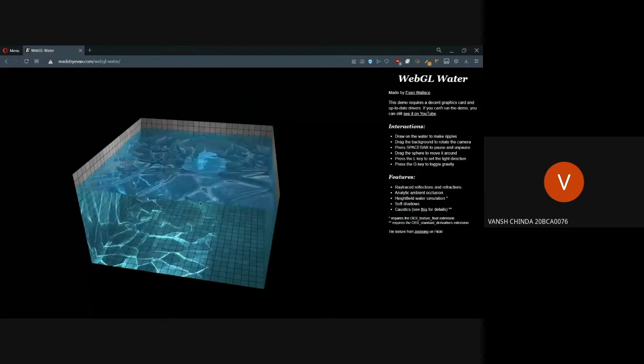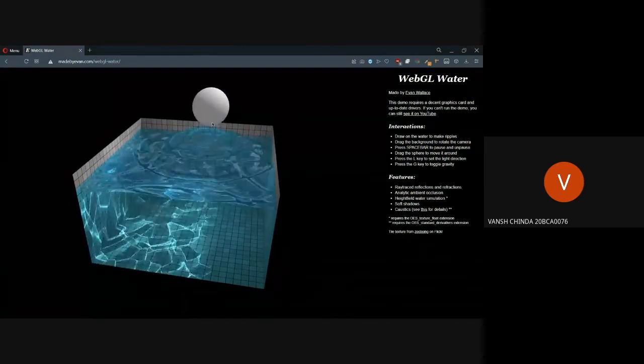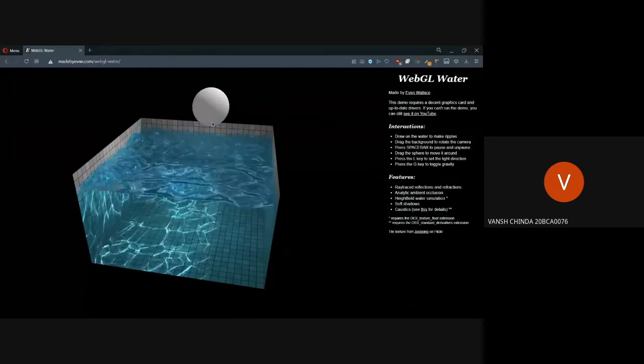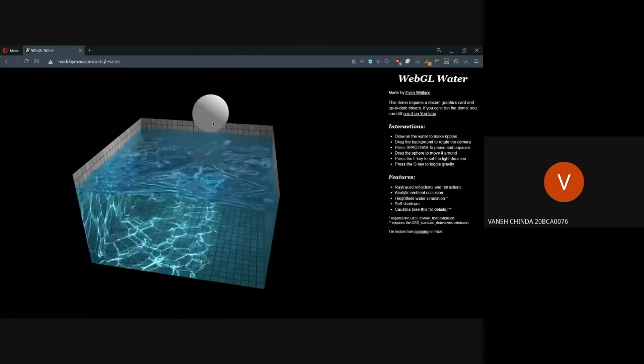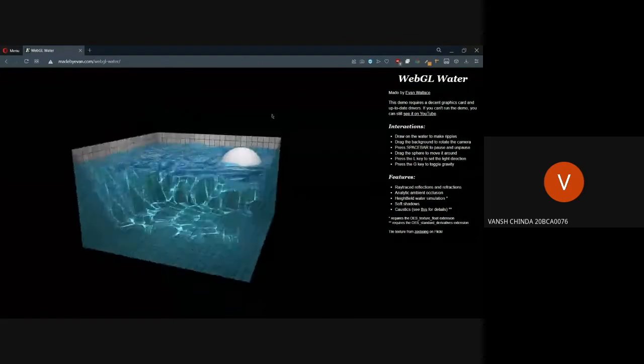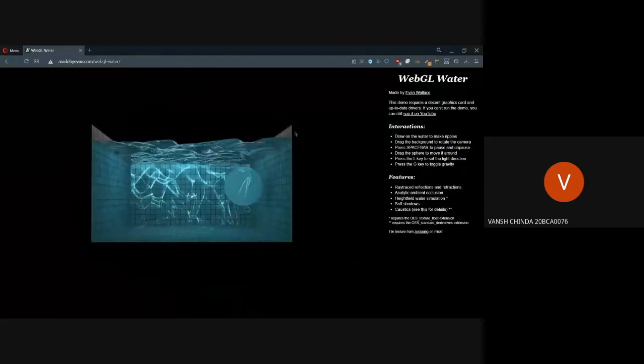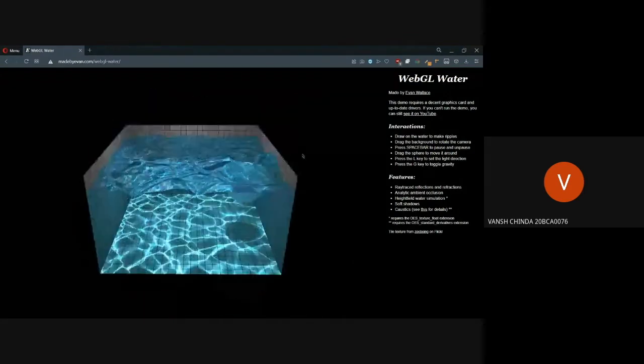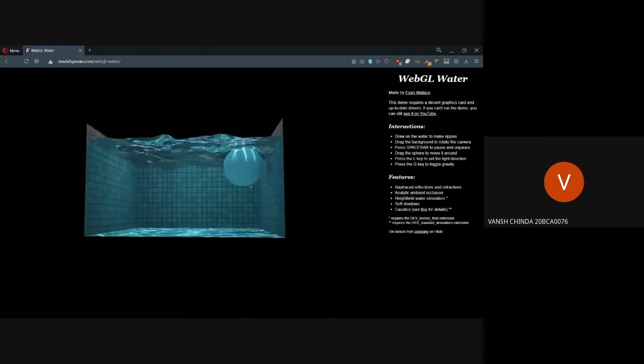So you can enable gravity. It's completely made in WebGL. 3js wasn't used for this one. You can see what this is, and you can change lighting as well according to the camera angle, and move around with gravity.